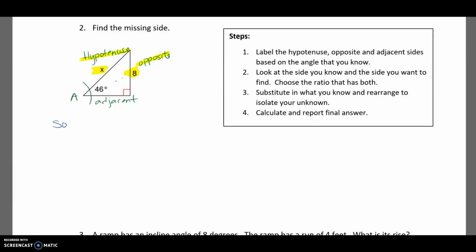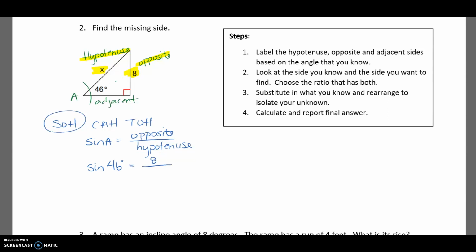If you remember that acronym, SOHCAHTOA, the trig ratio that has both hypotenuse and opposite is the sine ratio. So sine of angle A is the opposite side over the hypotenuse. Once you've chosen your ratio, you can sub in what you know. Sine of angle A, which is 46 degrees, equals the opposite side has a measurement of 8 divided by my unknown